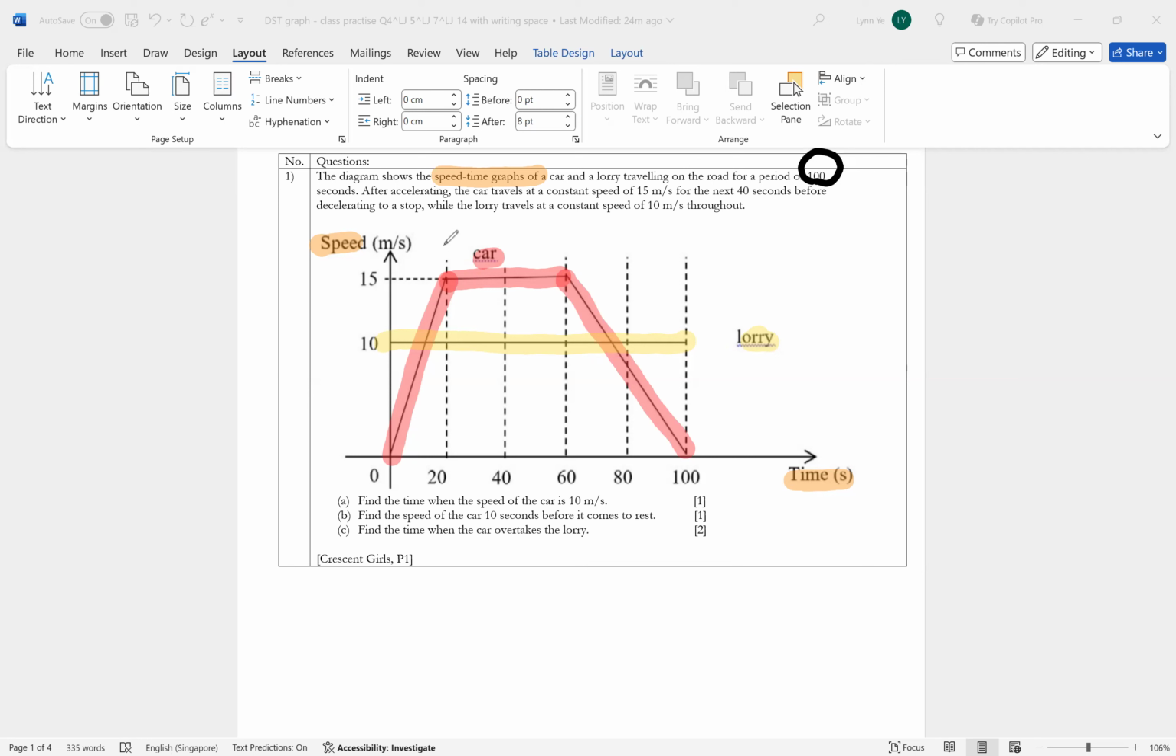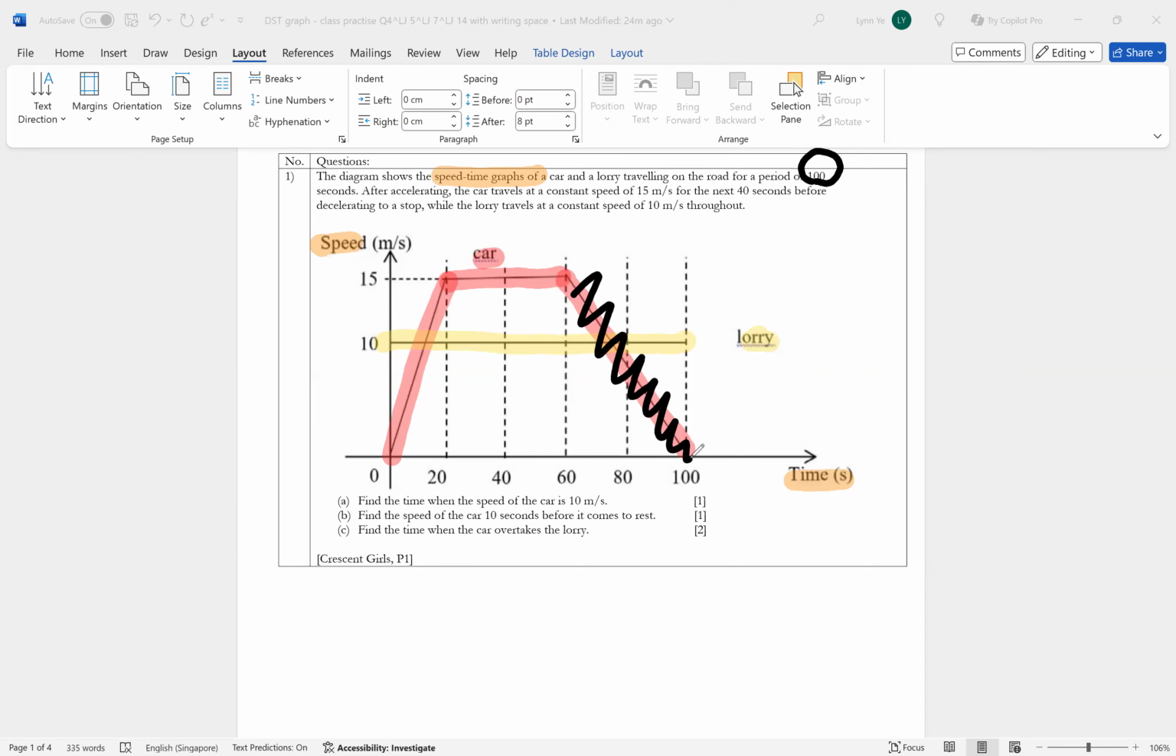Before decelerating to a stop. So they say 40 seconds. It matches. Can you see? The speed of 15 for 40 seconds. It matches. Okay? And after that, they say decelerate to a stop. Means it's trying to tell you that it will slowly go down, slowly,